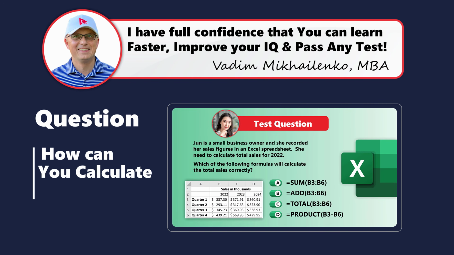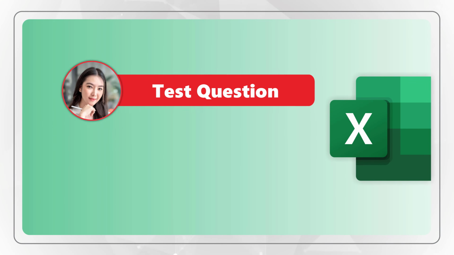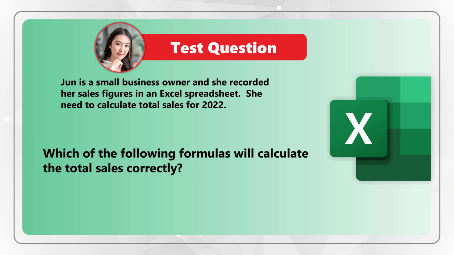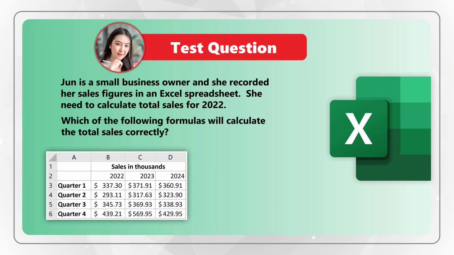Here's an interesting question to test your knowledge of Excel formulas and functions. June is a small business owner, and she recorded her sales figures in an Excel spreadsheet. She needs to calculate total sales for 2022. Which of the following formulas will calculate the total sales correctly? You're presented with the snapshot of data from Microsoft Excel, and you need to select one out of 4 possible